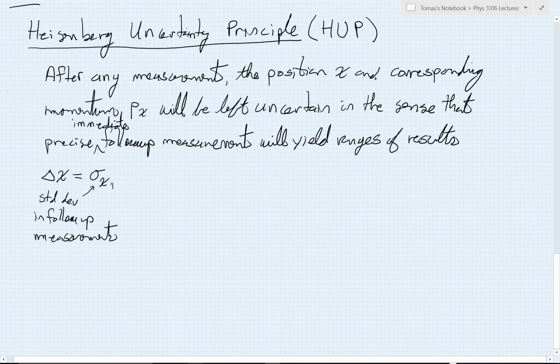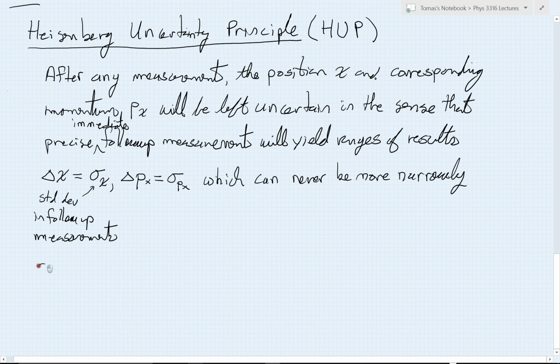And there's also going to be a range in the follow-up momentum measurements, delta p x. And again, precisely, there will be a standard deviation in that range. There will be ranges of results which can never be more narrowly defined